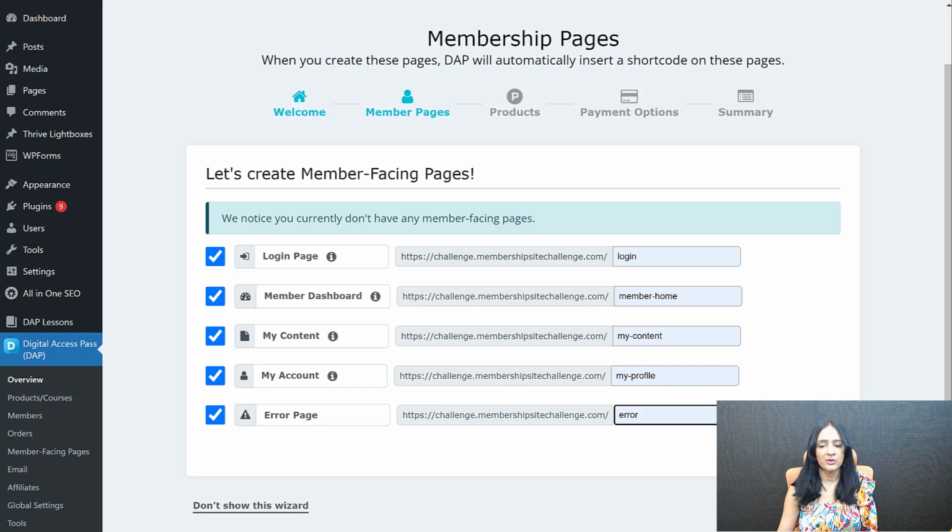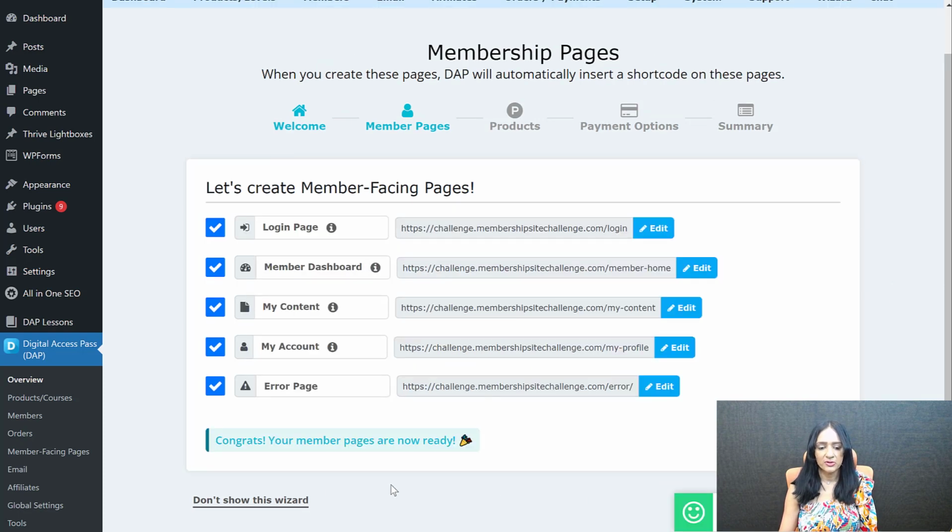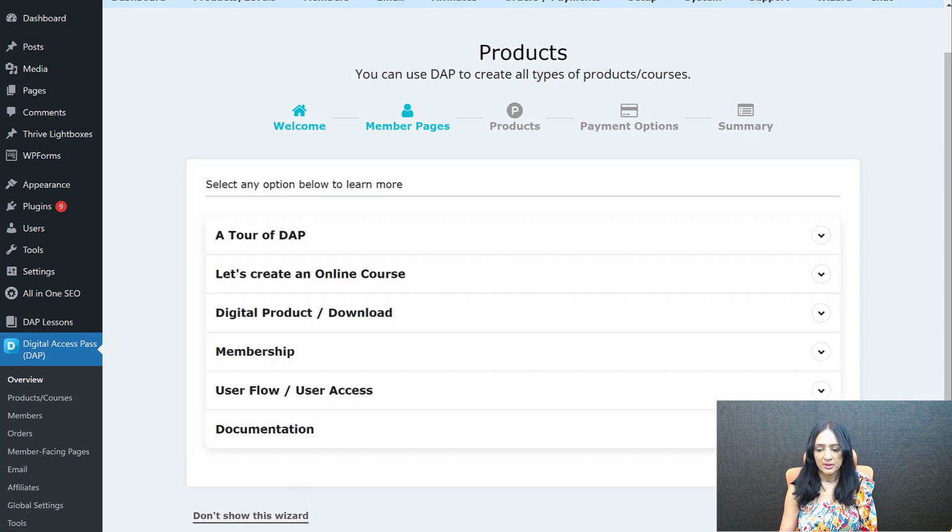All of these pages, we're going to get the wizard to create, but you can always update it, right? You can always customize it, personalize it, add whatever you want. You can always update all of these pages. Let's go ahead and create it. Done, all right? Added successfully. All these pages are ready. And next step,